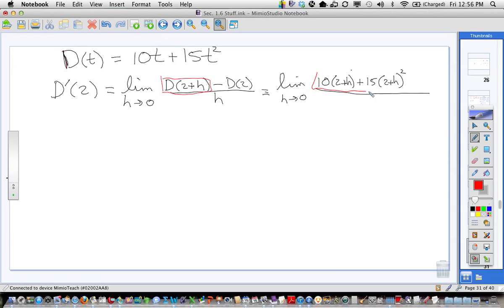Isn't that the red thing right there? Everybody okay with that? D of 2 plus h means plug 2 plus h in for t in the d function. So I plug 2 plus h for t there, and I plug 2 plus h for t there. Right? Okay, now the formula says I got minus